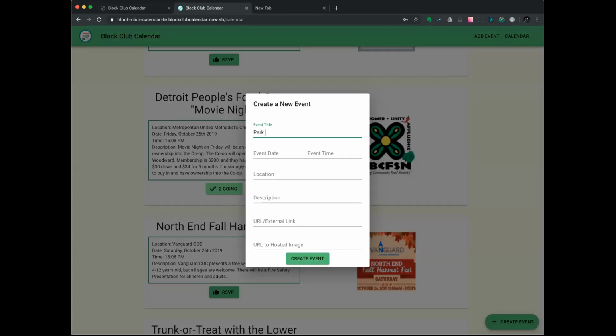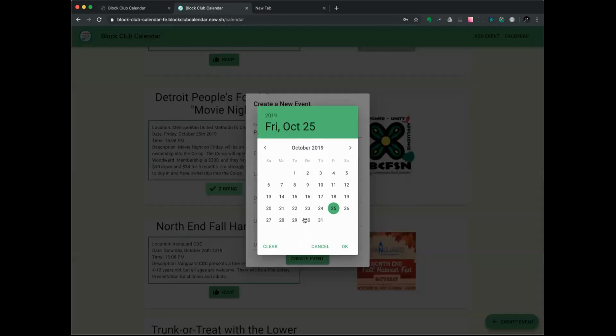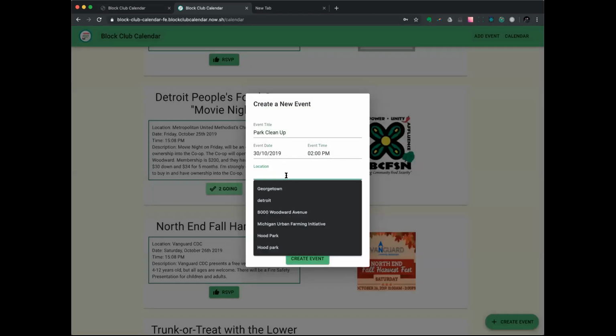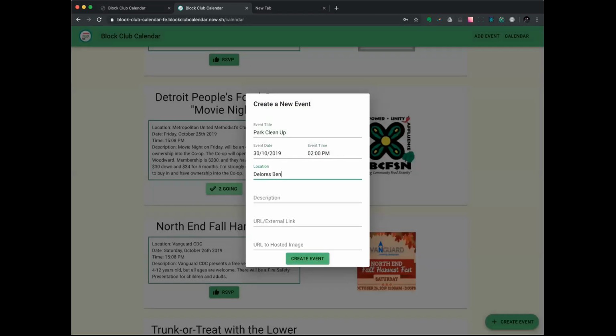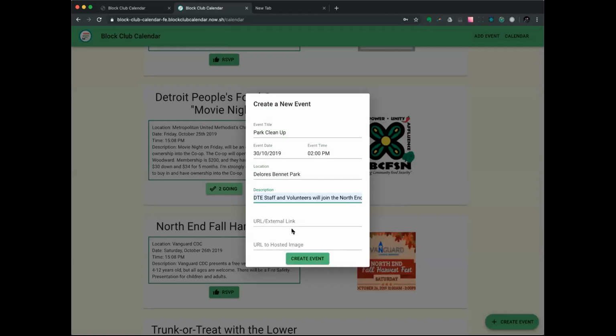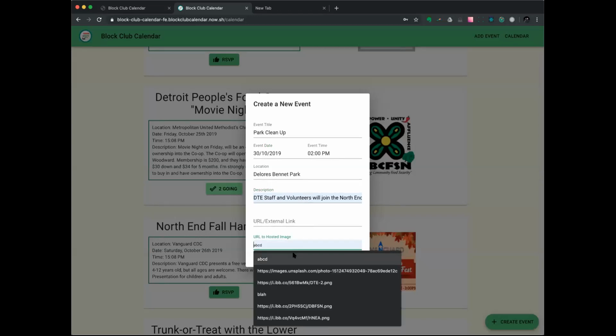Let's say we're doing a park cleanup at the Dolores. We'll just call it park cleanup. We're going to do this next week before Halloween, to get the neighborhood looking great for the kids. We'll do it at 2 p.m. The location is going to be the Dolores Bennett Park, and then we can offer a description of the event. We're going to get staff and volunteers from DTE, our local utility company, to join us. Then we can link to an